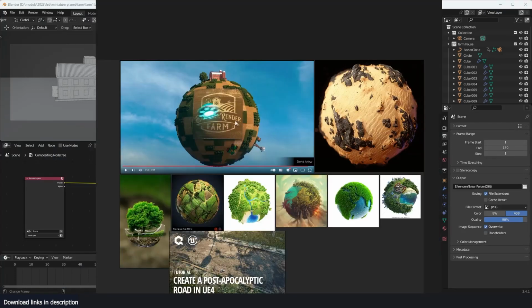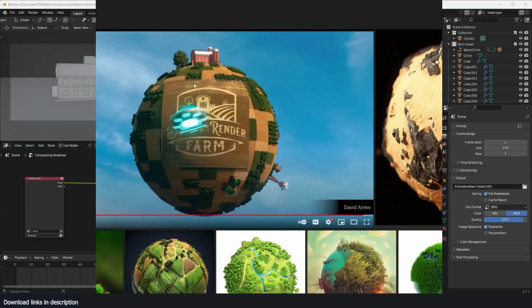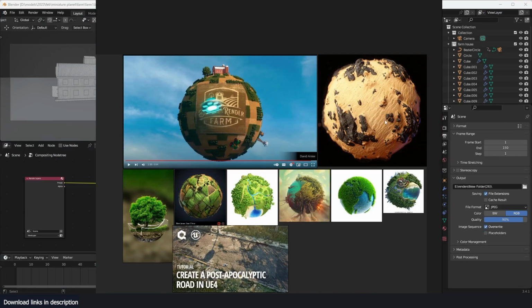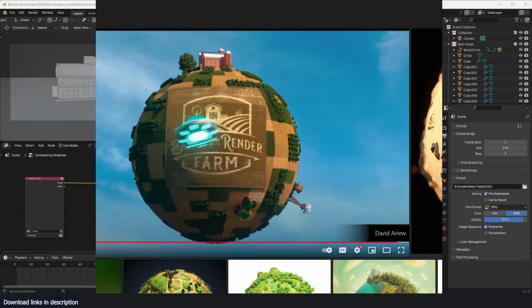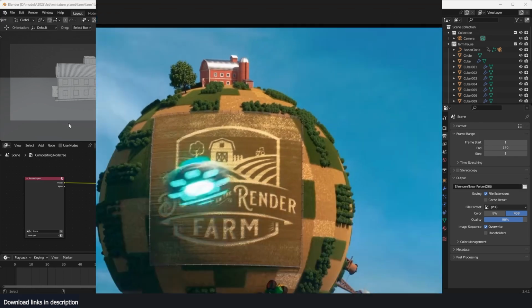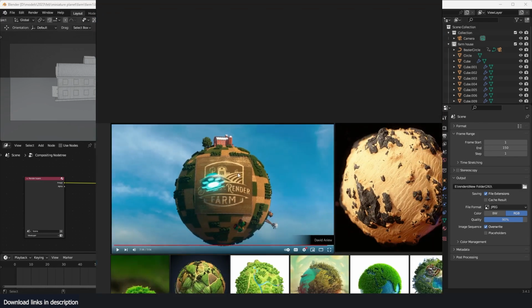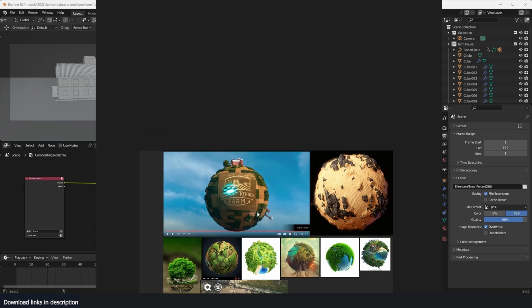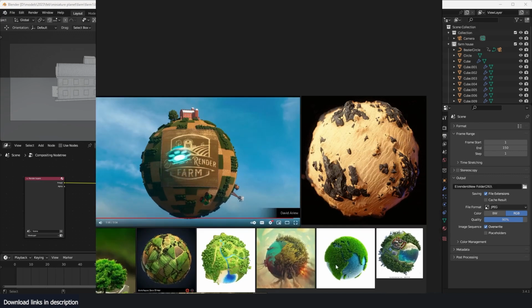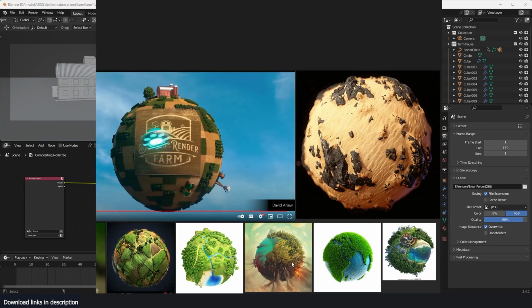So I'm trying to make a mini planet animation, something like this, and I have a few reference images and others on my second screen. I decided to start with modeling something like this here, and I'm just going to show you the process of doing that. I want it to be animated, maybe have a camera moving from there, and then while the planet is rotating, maybe I can add my own logo. I'm going to be mixing a lot of materials, and I think it's going to be a fun